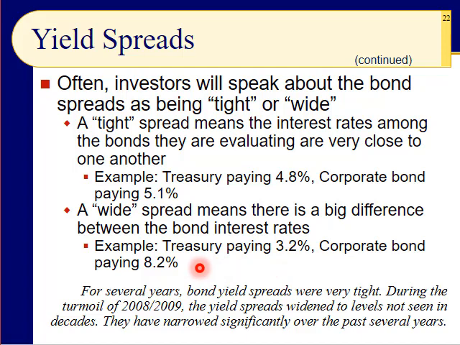Actually, what? Yeah, about 5%, which would be 500 basis points because each one is 0.01. For several years, bond yield spreads were very tight. During the turmoil of 2008-9, the yield spreads widened to levels not seen since the Depression, and then they narrowed significantly up until last month, when they've now